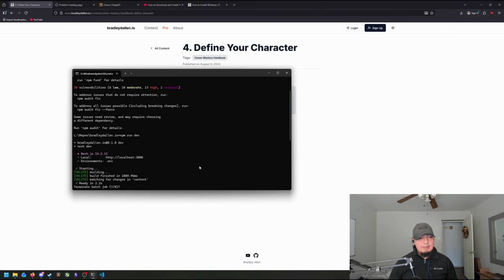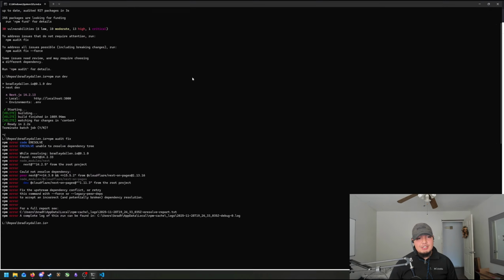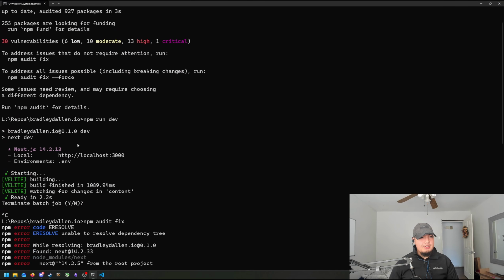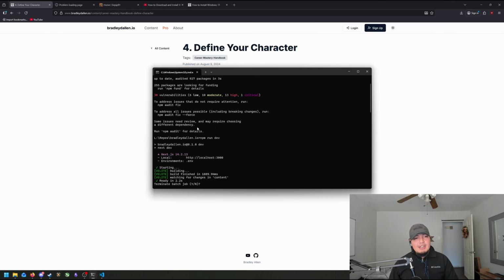Most of the time you can do an audit fix with force, which will include all breaking changes. As you can see, I don't really want to do that. I've been stuck between a rock and a hard place. And so what I've decided to do